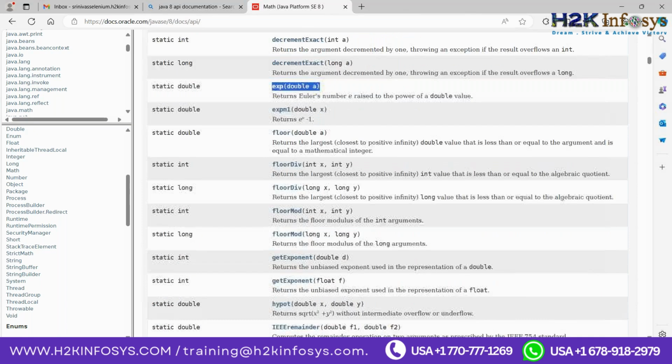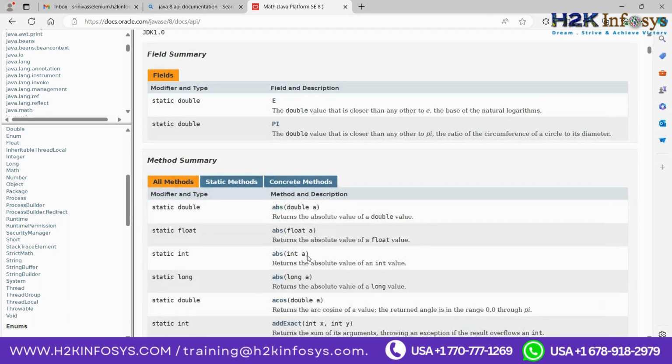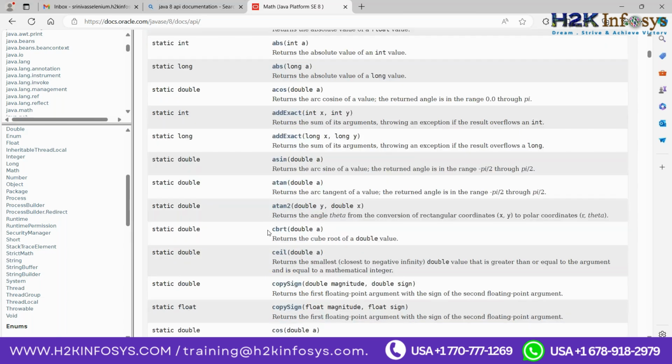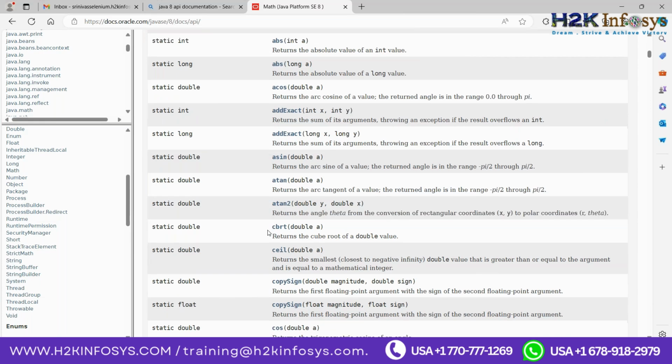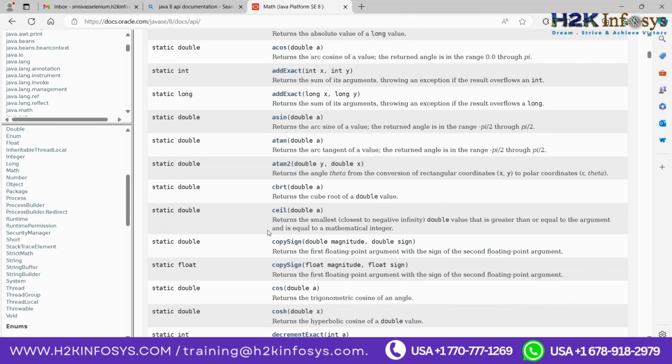So all those types are here. Normally, we actually use very few of them, but we could use anything, no problem. Normally what we use is the pi value, and then ABS. If you want to convert a negative value into a positive value, we use the ABS method. And one more thing we normally use is exponential,